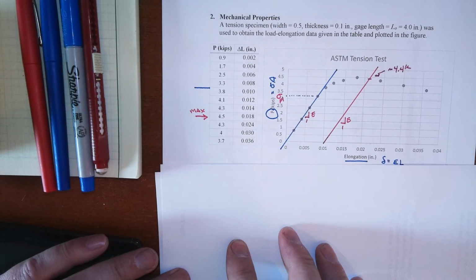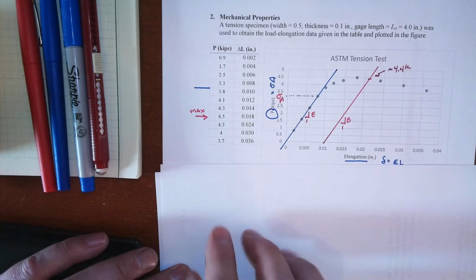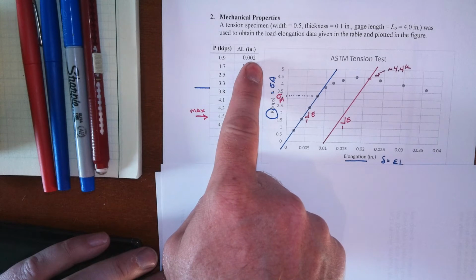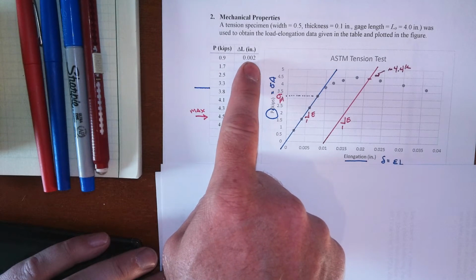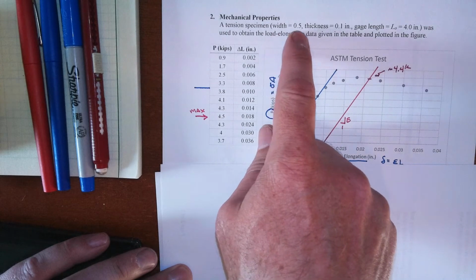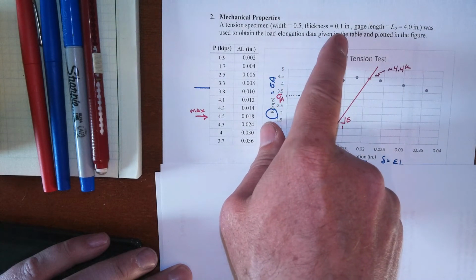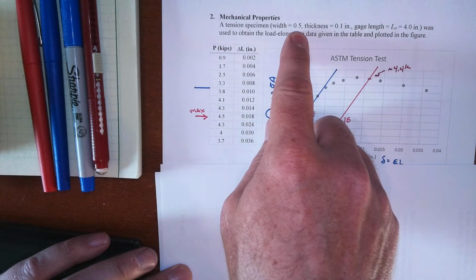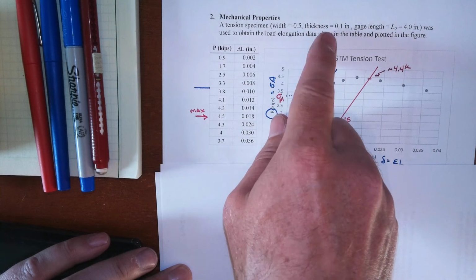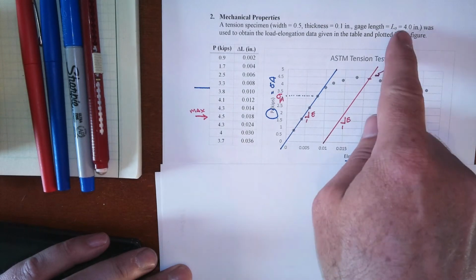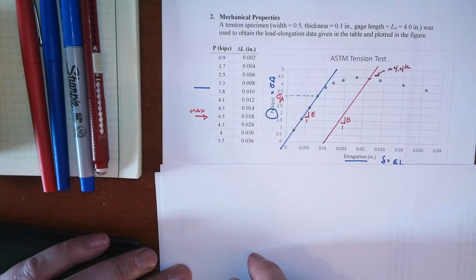This mechanical properties item gives us force versus deformation, or change in length, of a tensile test specimen of a width of 1/2 inch and a thickness of 1/2 inch. No unit on the width, but it's reasonable to assume that it would also be in inches. So it's a rectangular cross section. And we have a gauge length of 4 inches, which will turn out to figure prominently in both the numbers